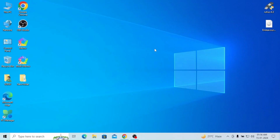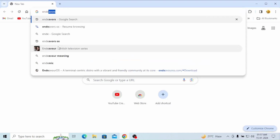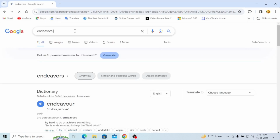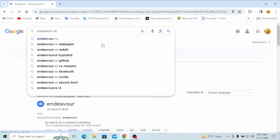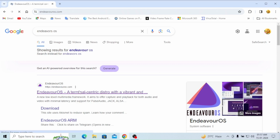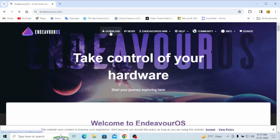Now I'll open Google Chrome and type EndeavourOS, and here we can see EndeavourOS, a terminal-centric distro with a vibrant community. It requires 2.5 GB of RAM. Here is the magnet download, I'm just clicking on it, and here I got an ISO file of Endeavour, and now I